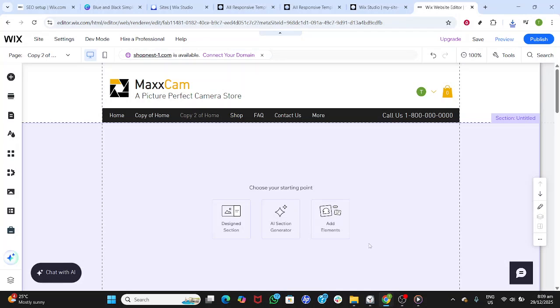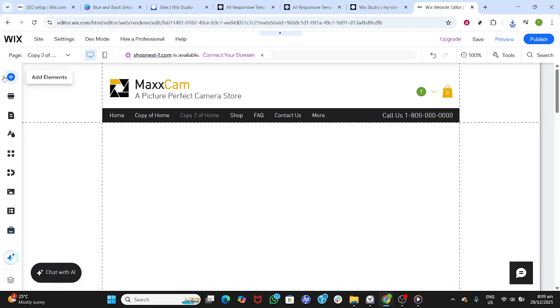In today's video, I'm going to teach you how to add a button on Wix. We'll start right inside the Wix website editor so you can follow along. Once your site is open, look to the left toolbar and select the option that opens the element library, then